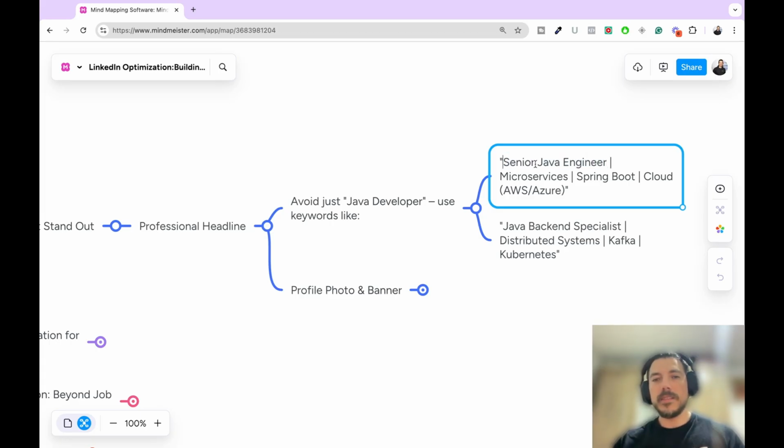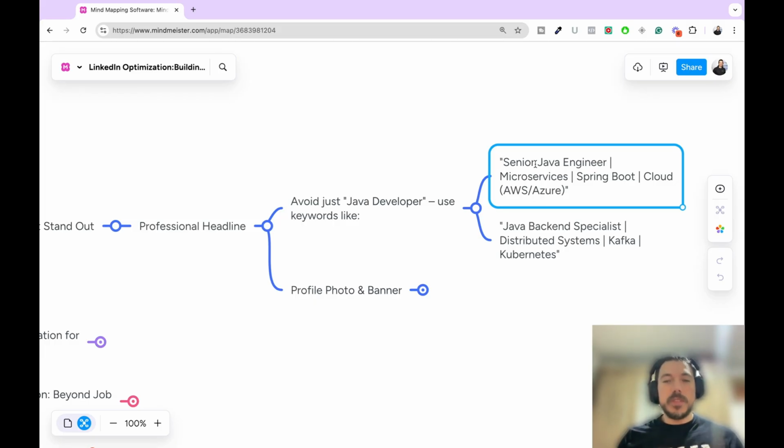Why? Because if you're a senior software developer, you're going to get opportunities for senior or maybe intermediate. But if you just put on the top of your LinkedIn profile that you are a Java developer, then recruiters don't know if you have experience or not.